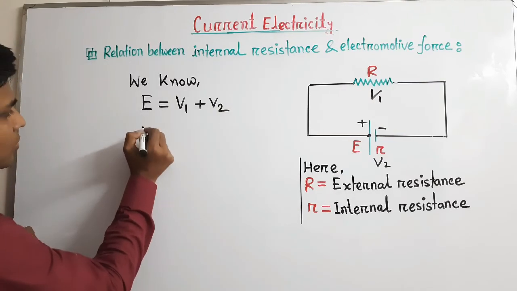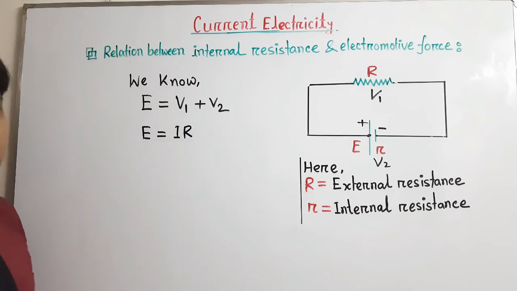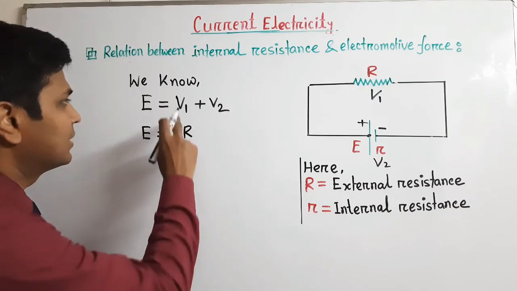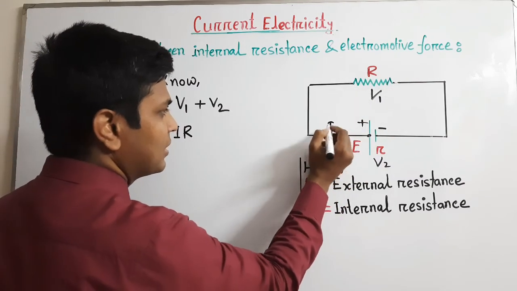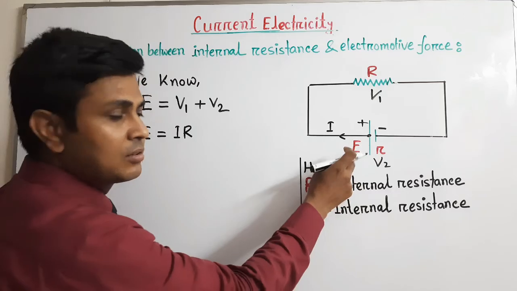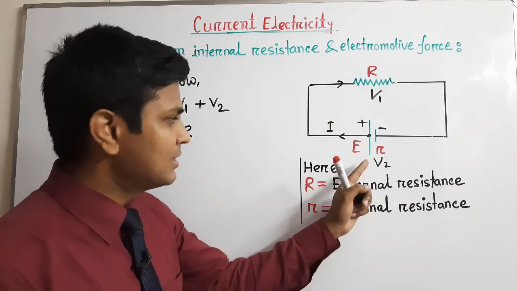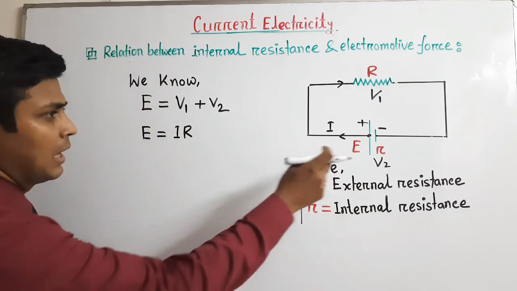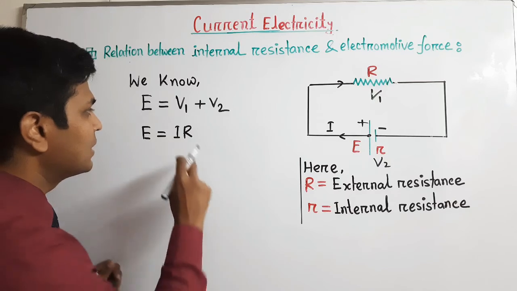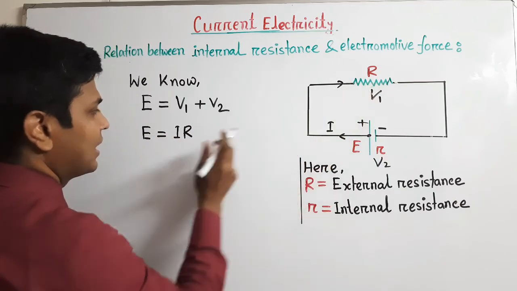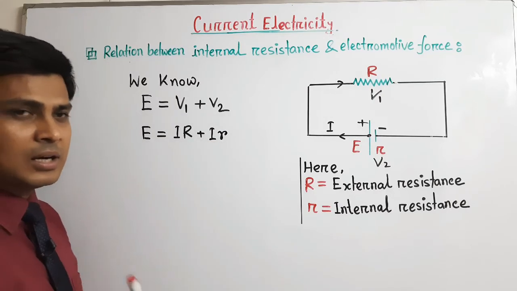And we know, according to Ohm's law, the formula is V equals IR, and here I... that means these are in series combination. So suppose I ampere current is produced from this source, and this current will flow through this R resistance and the smaller resistance. As these two resistances are in series combination, the same amount of current will flow, but the resistance for this one is R and this one is small letter r.